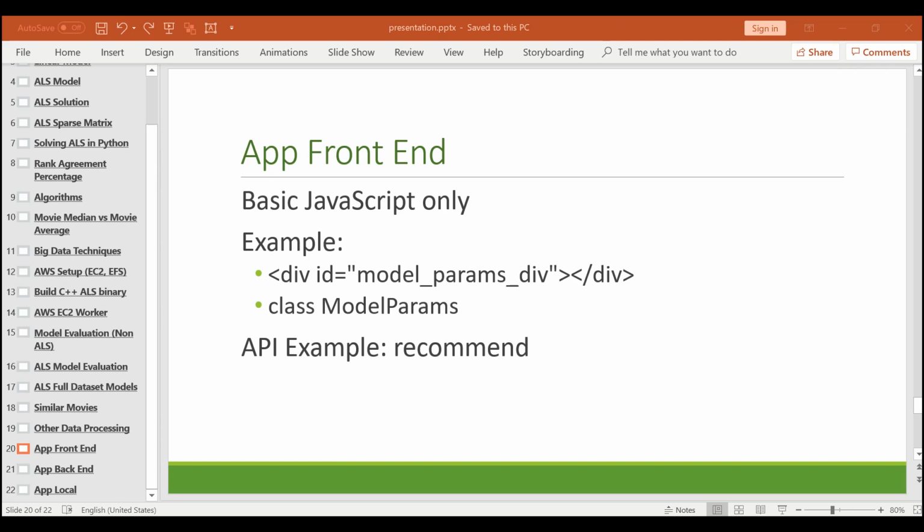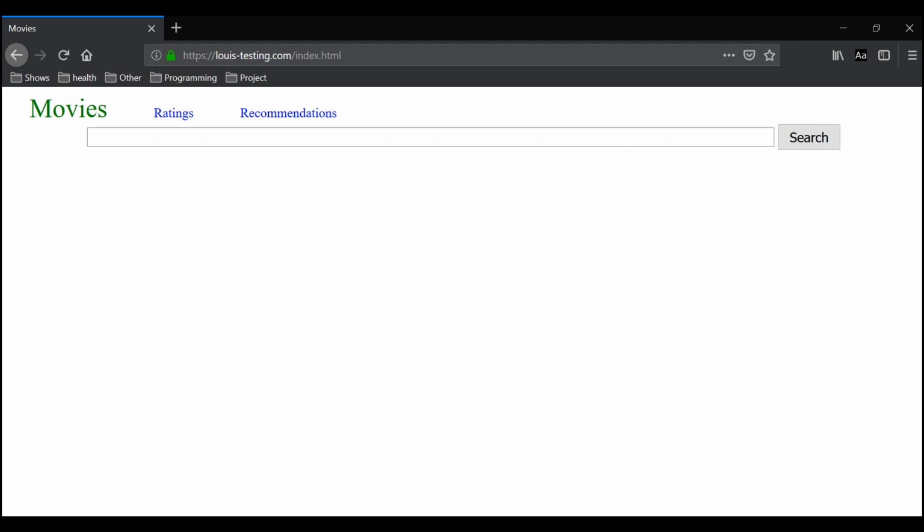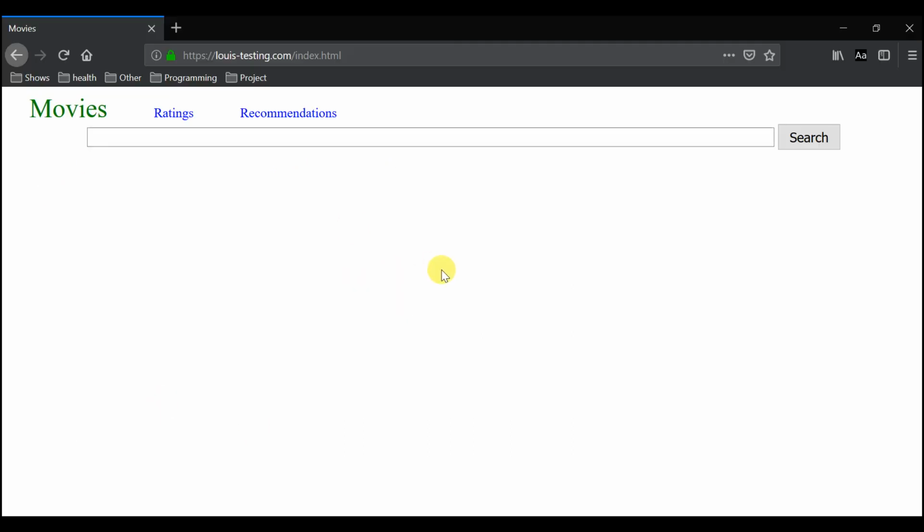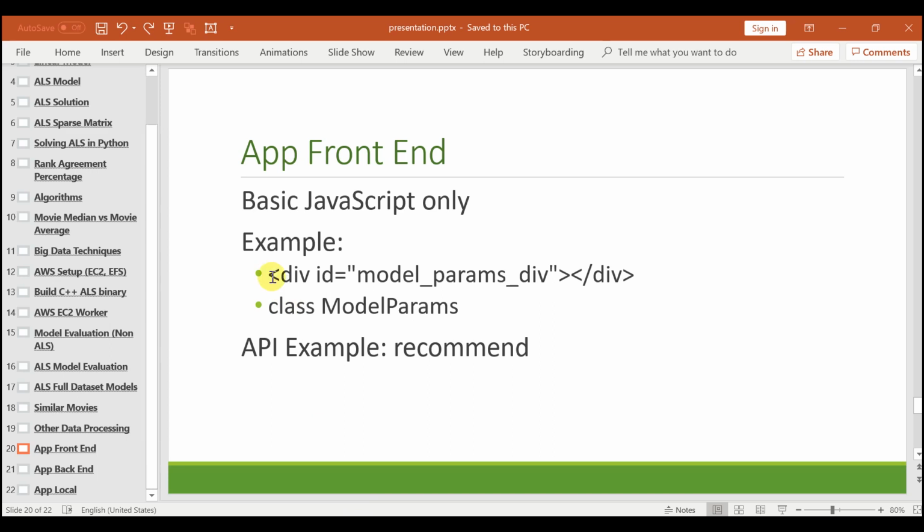Now I'll talk about the application, which is the website. The application is really basic. It uses basic JavaScript only, and there's only one style sheet. So I looked at the site on tablets. It's okay on tablets, but on the phone, it's not so good. But I only have one phone, so